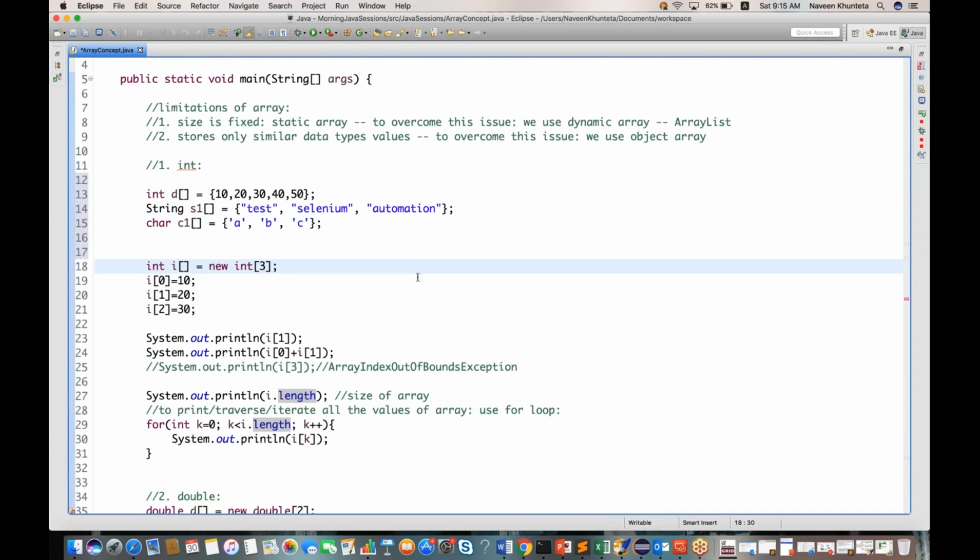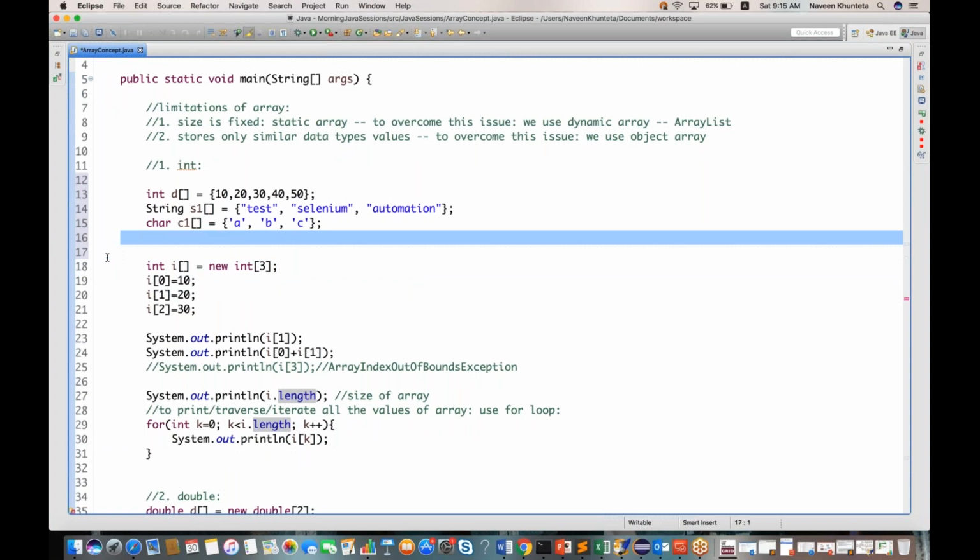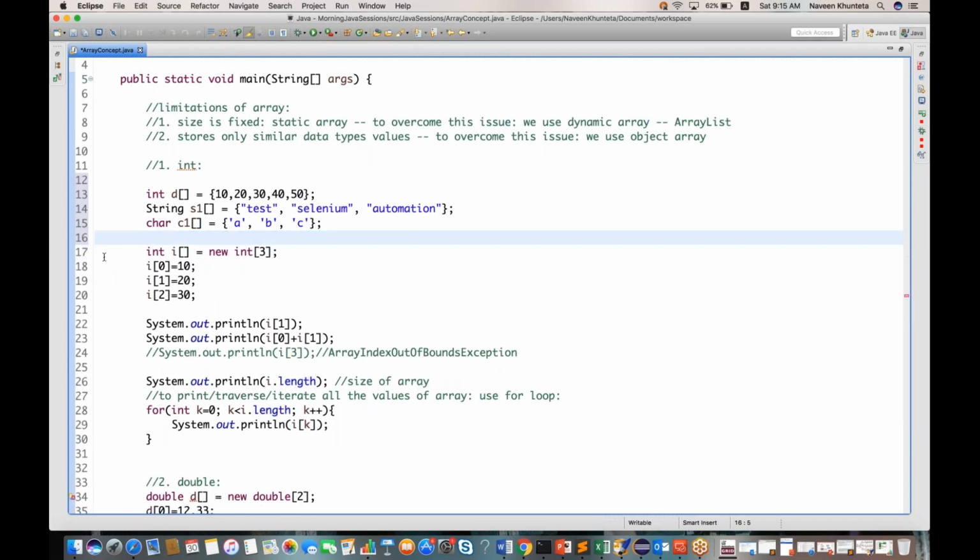Okay, so that's all for array. And in the next session, I'll tell you what is dynamic array. I'll take one small session on dynamic array list. You will understand what you mean by dynamic array. Okay, so I think I don't want to cover a new topic because with this array concept,